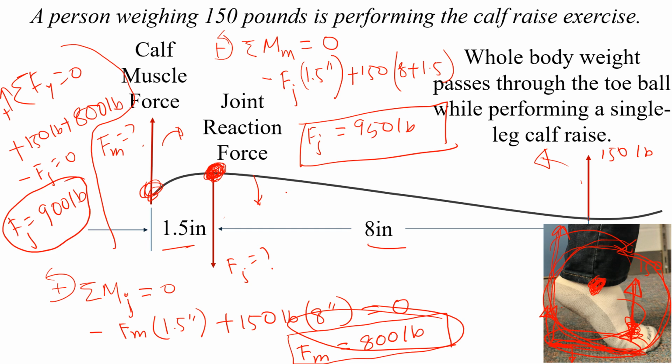To summarize, your goal is to cancel one of the forces. That's why you take moments with respect to the pivot point. Typically, the pivot point force is unknown. In this case, actually, the ankle joint is the pivot point. However, if it's difficult to figure out which one is the pivot point, take the moments at one of the unknown forces so that force gets canceled and you can find the